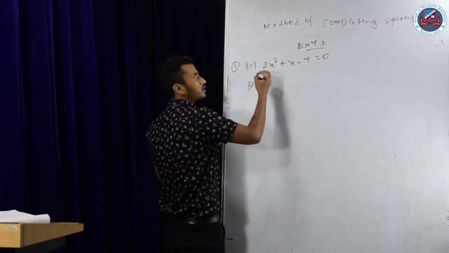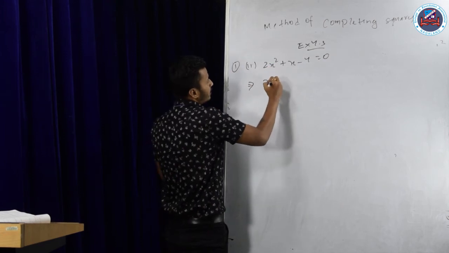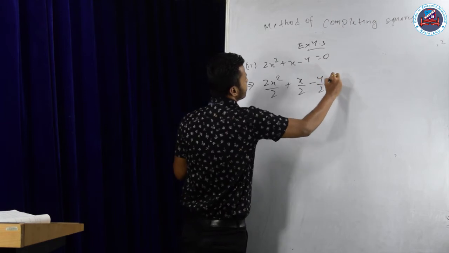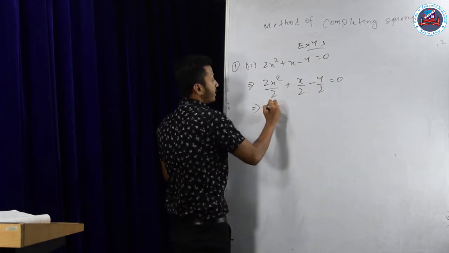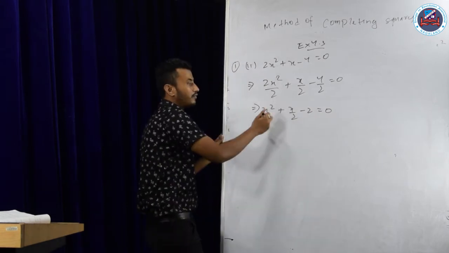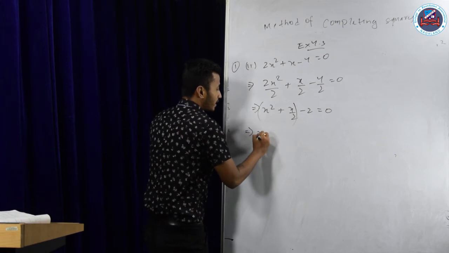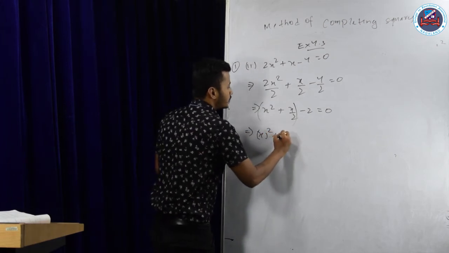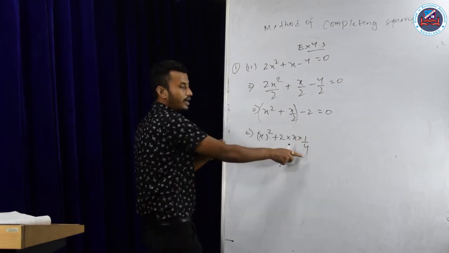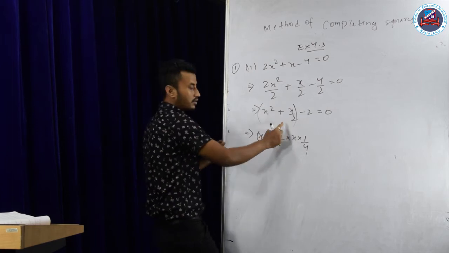What I'm going to do first in the method of completing the square, I'll make sure the value of a is 1. So, dividing it by 2. What will I get? x square plus x by 2 minus 2 equals to 0. Guys, now I have to convert it in the form of a square plus b square. What will I do? a square plus 2 into a into b. See guys, how do I know b is this one? Because when you multiply it, the answer should come this.